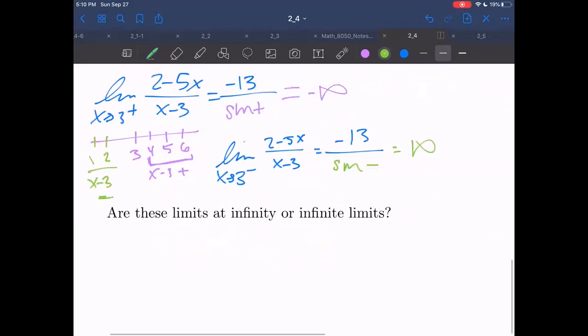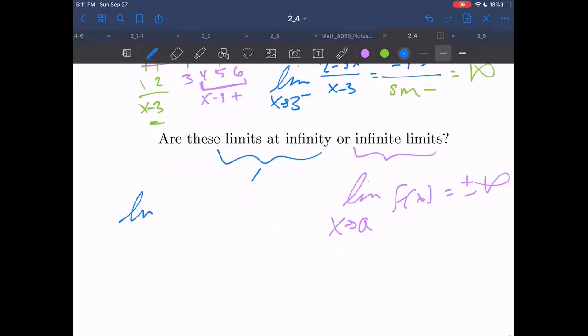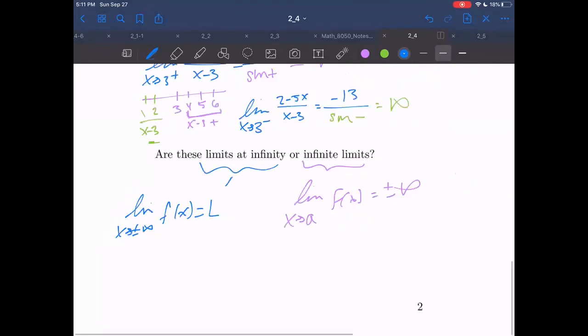Now, we have to ask ourselves something. There are limits at infinity and there are infinite limits. Infinite limits are what we talked about today, and they're of the form: as x approaches a value, a function equals positive or negative infinity. Limits at infinity is what we'll talk about later this week. That's as x is approaching positive or negative infinity, our function is going to equal some value. And we'll talk about those in the video for